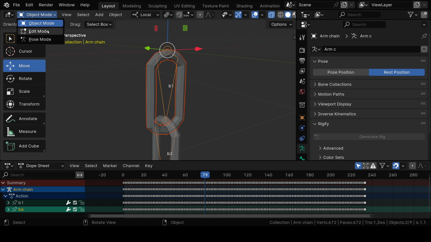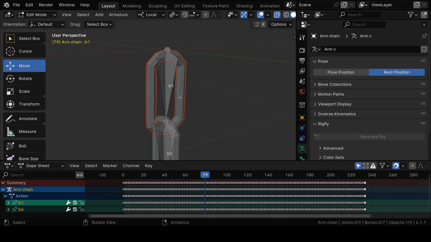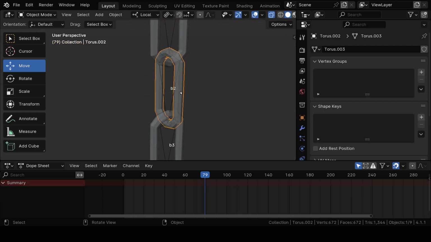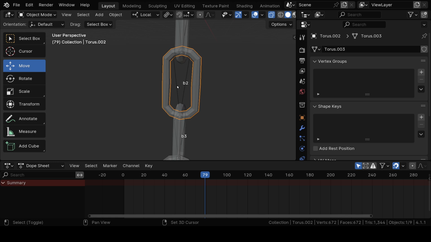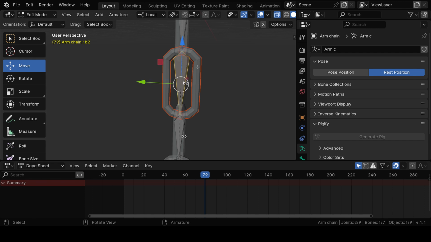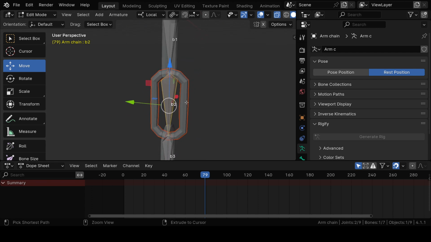So this object has become the child of it. This also I will do. This object I will select, and then the bone I will select. I will go to edit mode, select the bone, and then